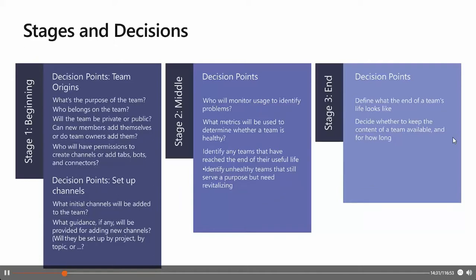Next, let's come to stage 2, the middle. As the teamwork begins, the team membership probably begins to evolve, along with the channel hierarchy. Unless the team needs to be strictly controlled and locked down, it's a good idea to encourage exploration even if it leads to a dead end. As users get more comfortable, they can experiment with @team mentions, marking channels as favorite, and using the general channel to get comfortable with posting. Each team is different, so let usage guide the evolution of the design.